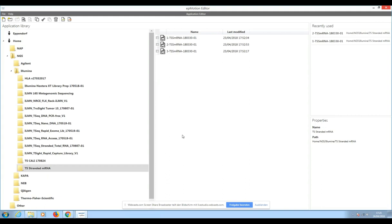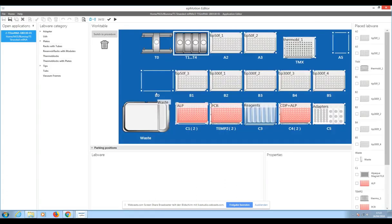The whole protocol has been subdivided into 3 different parts, as you can see here, so-called sub-methods. And in order to show you how those methods look, I will jump straight into one of those sub-methods, which is method 2. So let me get into this method. Okay. Now I'm showing you this method, and you can see that this is how the software looks and how